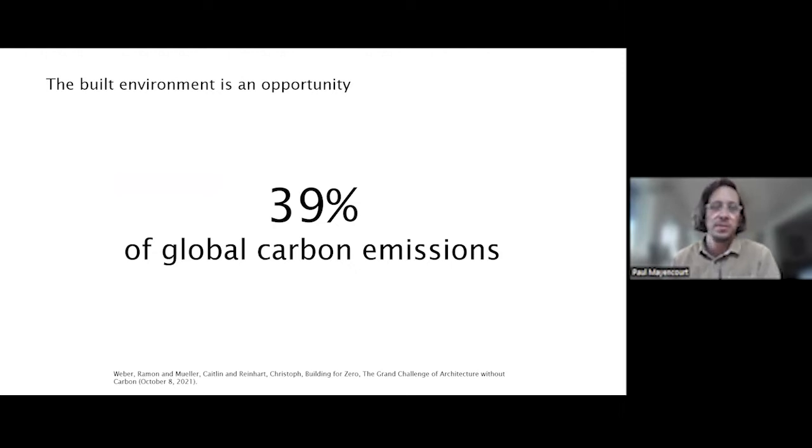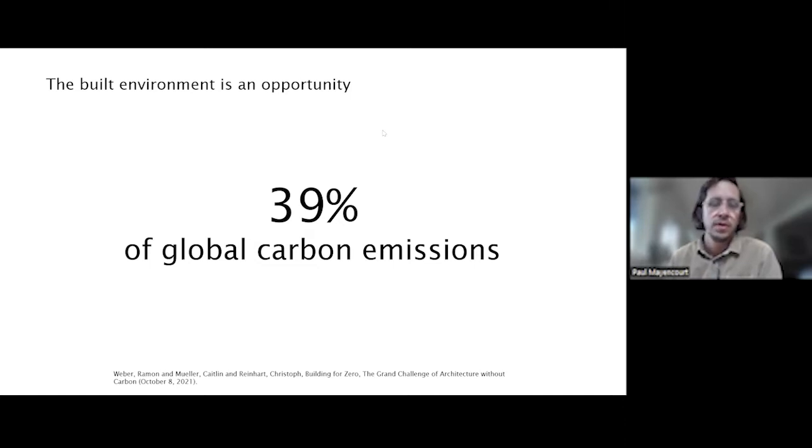And these carbon emissions are separated into embodied carbon and operational carbon. And as we build more efficient buildings in terms of energy use, the embodied carbon, so the carbon required to build a building, is becoming a heavier or more important part of our construction. So both the operational and embodied carbon are very important, but my work focuses mostly on embodied carbon and how we can reduce the embodied carbon in construction.